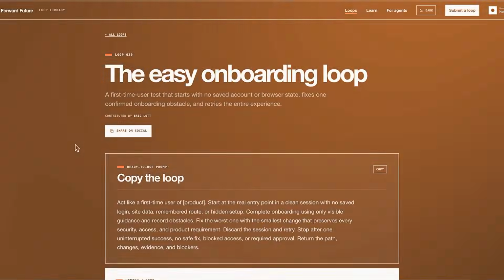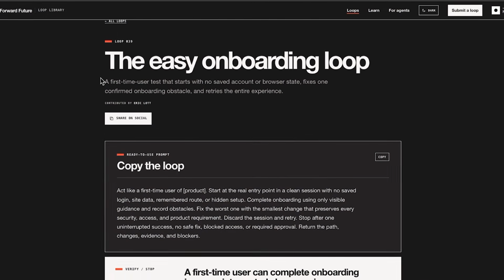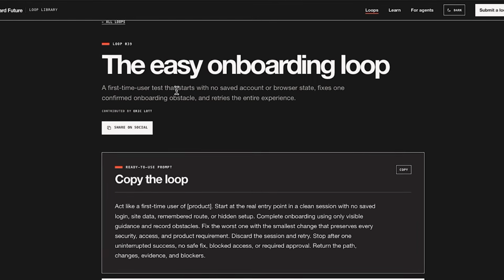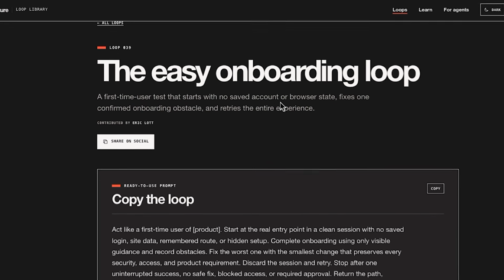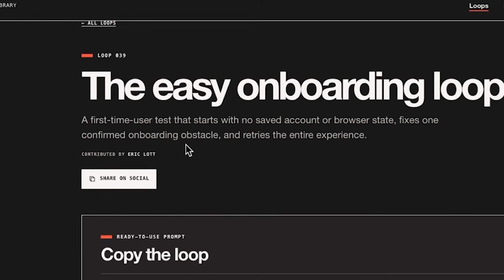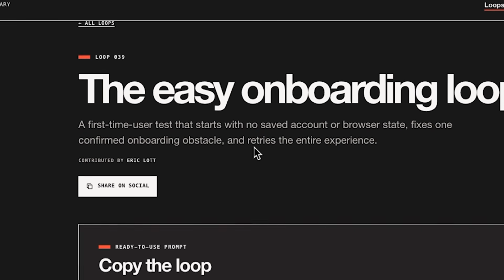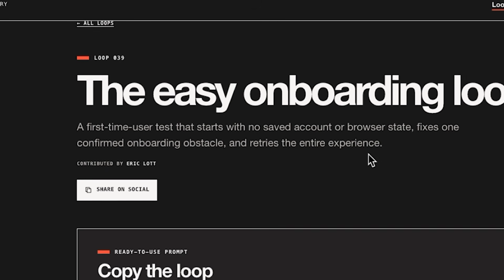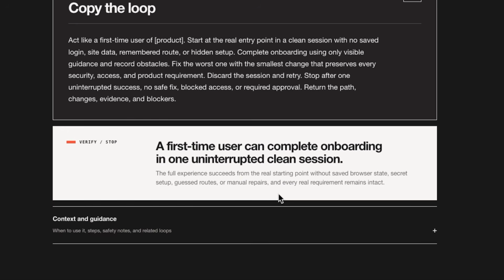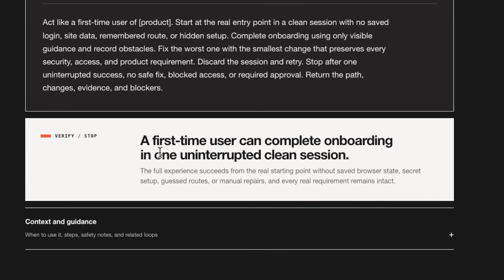Loop number 39 is the Easy Onboarding loop, a first-time user test that starts with no saved account or browser state, fixes one confirmed onboarding obstacle, and retries the entire experience. The verify stop is a first-time user can complete onboarding in one uninterrupted clean session.